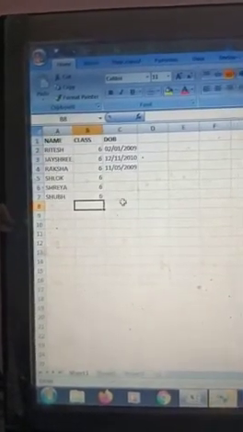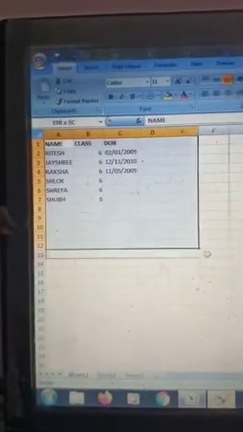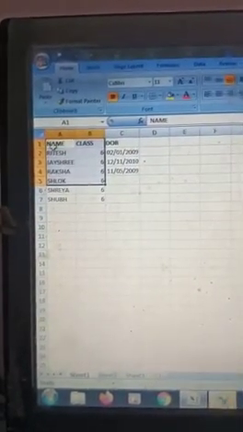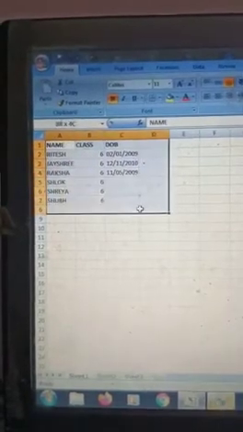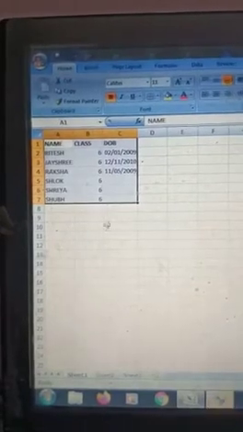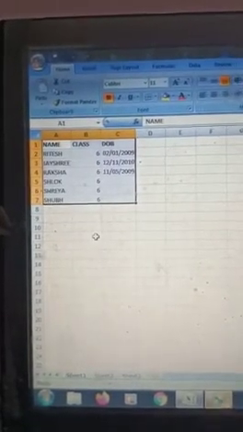To select a range of cells, if you want to select A1 to the last, then click on it and drag the mouse. This is the range of the cell. First you click on the first cell from where you want to start, then click and drag the mouse. This selects a range of adjacent cells. Now to select non-adjacent cells, first you click here, and then you have to press the CTRL key.